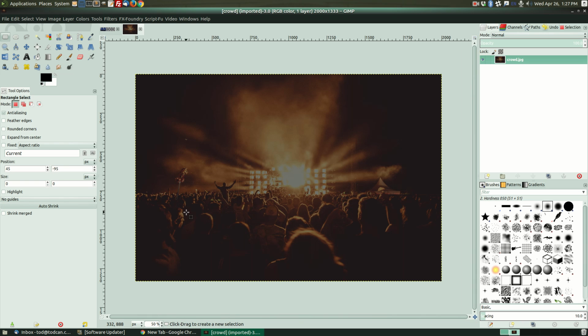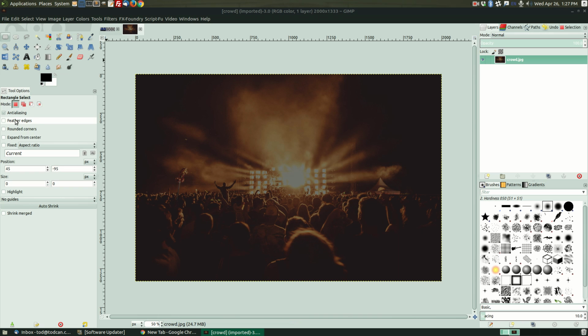If I got an image that's a background image, I get this great big image, and I go File, Export As, and I'm going to export this thing out. Background image, we don't have any transparency, so I'm going to save it as a JPG because they're a little more compact. We want to make sure our images are not too big. This is a background image. Right here it tells me it's 2000 by 1333. So 2000 is the width I want for a background image. I'm going to export it as a JPEG. I hit export. One thing that happens,